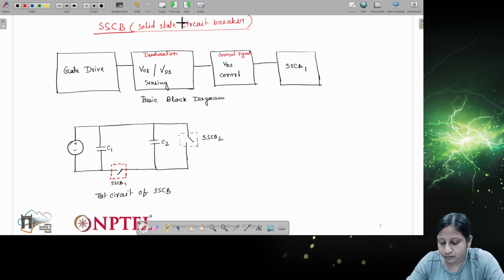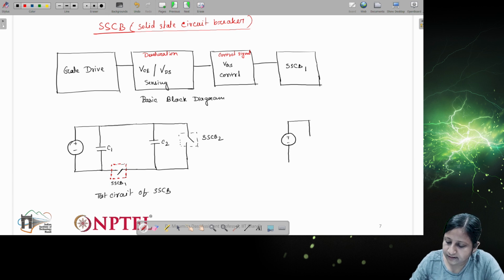Now this is the test circuit. Initially we don't have information about this SSCB. We are assuming that we are testing a new device, and for that we have to use this SSCB. Then we can use this SSCB in place of DPT switches. Now what we need to do? We need to use this same SSCB which I have shown in the dotted block. That will be used in the DPT circuit to provide protection of the device which will be used in DPT. So the test setup of DPT will look like,